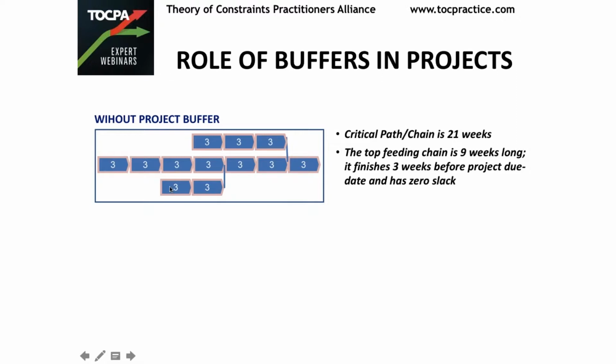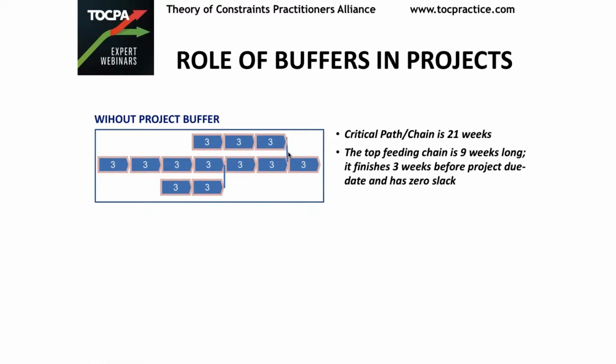And if you look at this plan, what you will see is the feeding chain at the top is finishing 3 weeks before the project due date, and there is 0 slack here. Between the feeding chain and the critical chain, there is 0 slack if I plan the project like this without a buffer. If I add a project buffer to it,